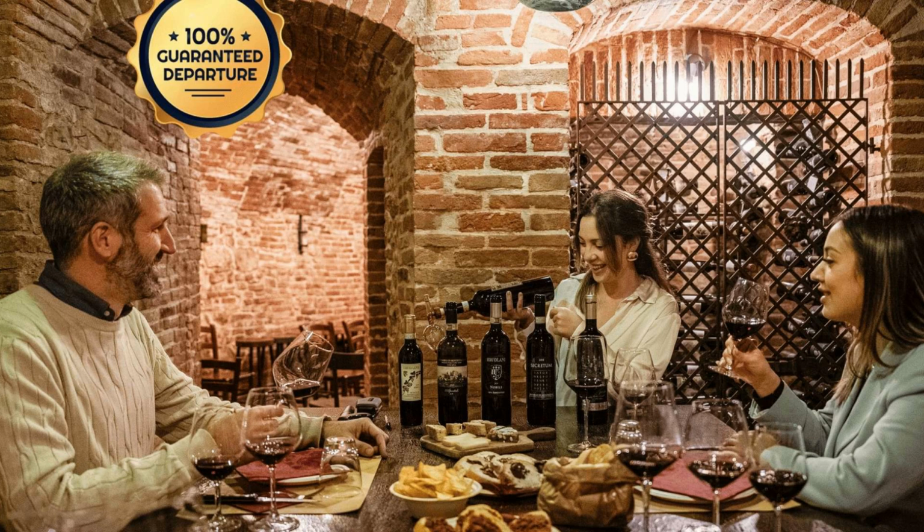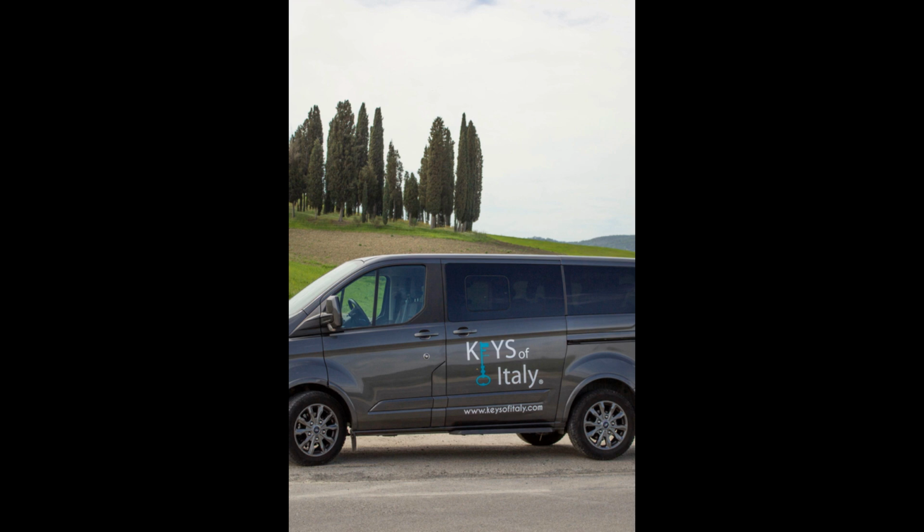Arrive at Montalcino, a locally owned family-run winery with an immensely welcoming atmosphere. Settle into the winery as if you were at home and learn everything there is to know about Brunello di Montalcino wine, vineyard techniques, the winemaking process, wine aging, and how to appreciate wine properly. Enjoy a tasting session of the winery's wines and try to pick up the flavors that are unique to this